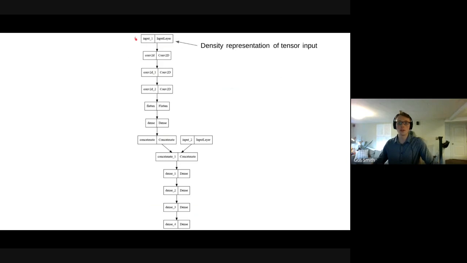The input up here is the density representation of the tensor input that I was talking about. So this is a dense 2D matrix of a fixed size that we're going to perform convolution over. And so that's where this happens. So now we have a CNN right here that performs convolutions over this density representation to produce some fixed size feature vector down here at the bottom. So here's the feature vector generated from the inputs. This is a learned process, where this network learns how to represent the input tensors using this CNN here.